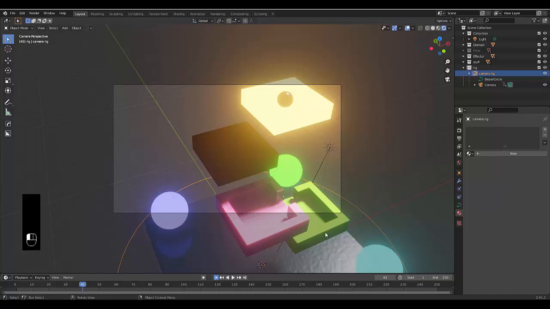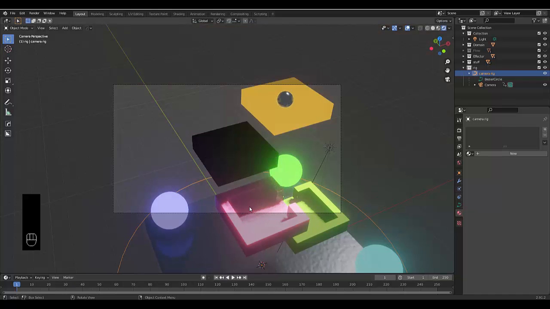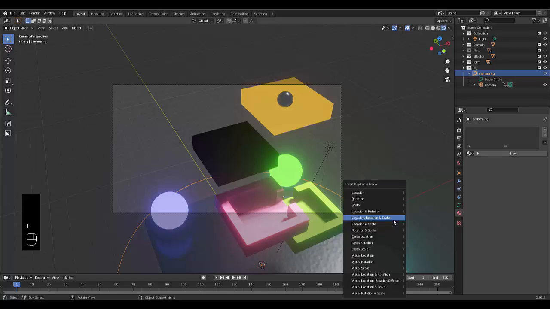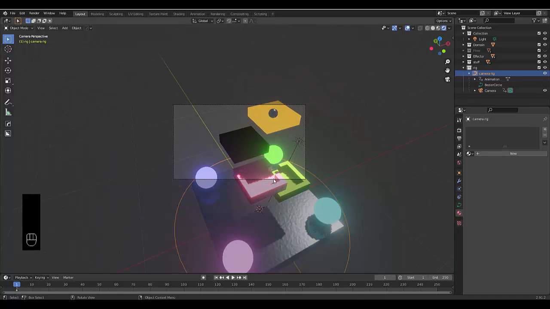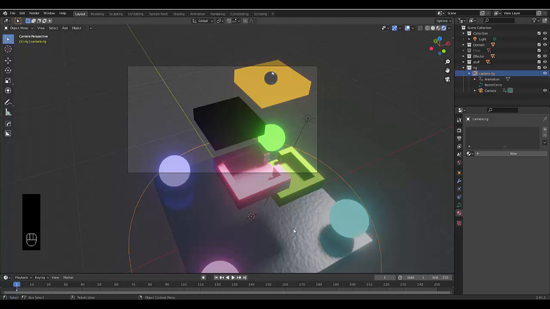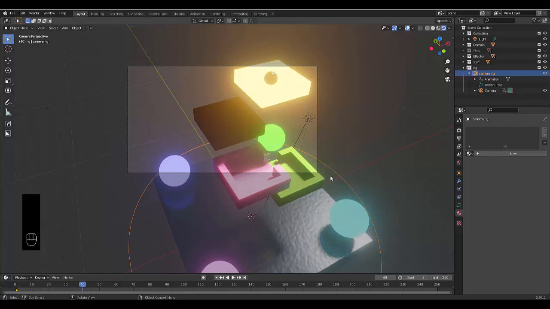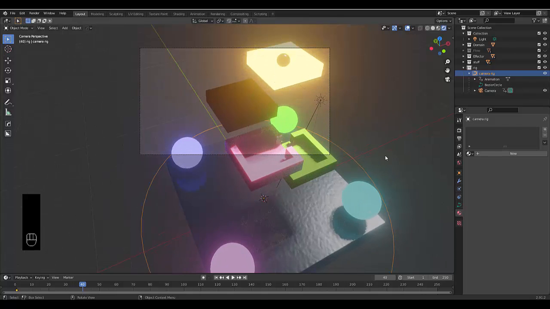This is actually painful waiting for this to load all the time. There we go. Now you're going to press I. You can choose rotation, or you can just do location, rotation, and scale. It just covers everything to be safe. We go back to frame 40 quickly. The reason it's taking so long is my PC sucks, and 150 resolution is like the max this PC can handle. We're going to press R,